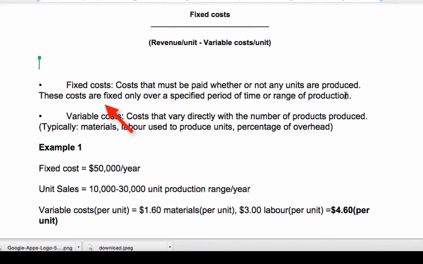This is like your hydro, your telephone bill, salaries of your employees. And these costs are fixed only over a specified period of time. So for the year, let's say. So some of you might be buying business cards. Those would be fixed costs because those costs have nothing to do with the number of t-shirts or anything you're